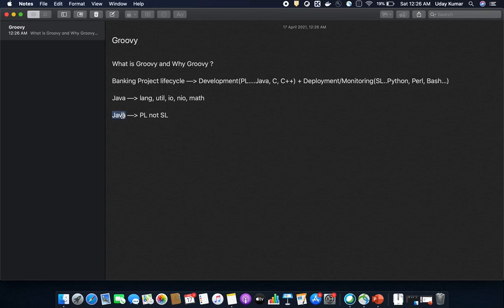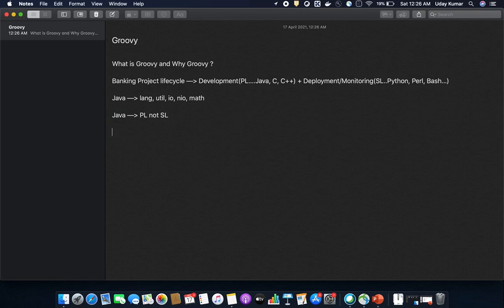Whereas Java is a programming language, we need to write a class, we need to write a main method, and we need to follow the syntax very strictly. If we miss something, then we will be having some compilation errors, runtime errors, right? So Java cannot be used as a scripting language in its current form.